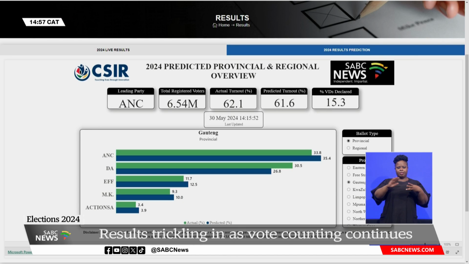MK again making big waves in Gauteng with 10% over there. Talk us through some of the behavior of the numbers here in Gauteng. Have you seen something like this before? I must say this is quite unusual in terms of the numbers, but at the same time,